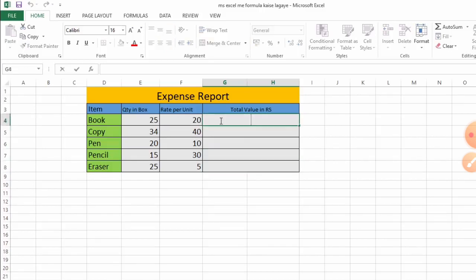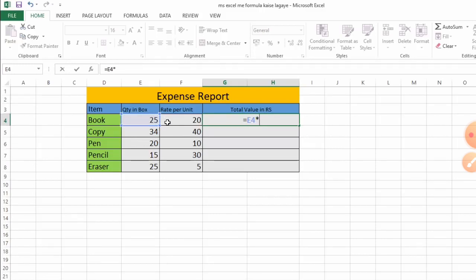The function is PRODUCT, but using the formula, we write the equal sign, then the address E4, which is in this cell. E4 is the quantity in the box, and we use the multiply sign, called the asterisk or star sign.